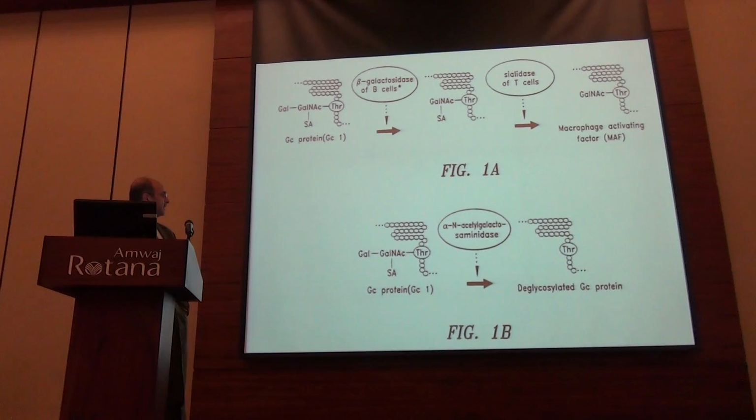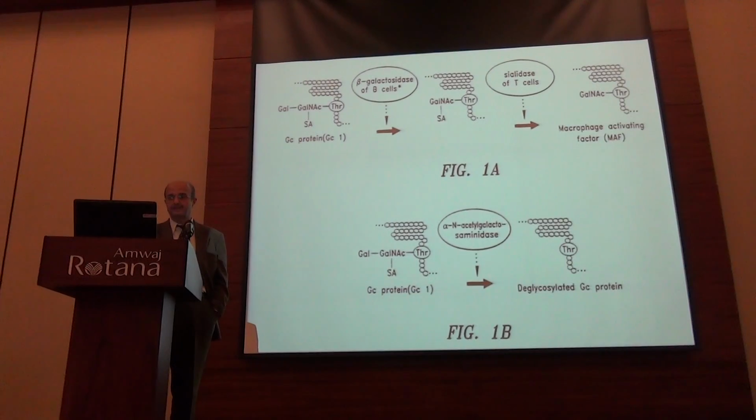Now what happens if you have nagalase? As Professor Marco said, nagalase will not do anything to this one. Nagalase can act on this one and clip this covalent bond. It will cut this one. So it goes here, cuts this one, and then suddenly you have just a protein, threonine, and no sugars attached to it. That's why we say it's deglycosylated, without a sugar. So this is what nagalase does. Now, you see that we have the original backbone of the protein, but we don't have this sugar component that's important for the function of GcMAF itself.